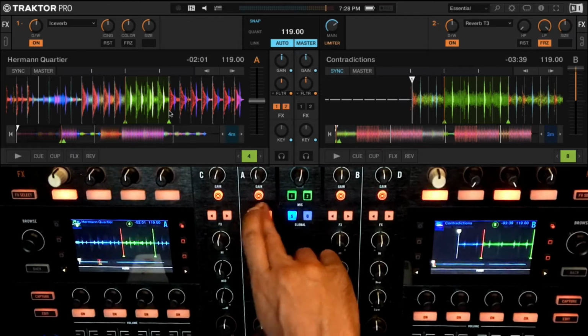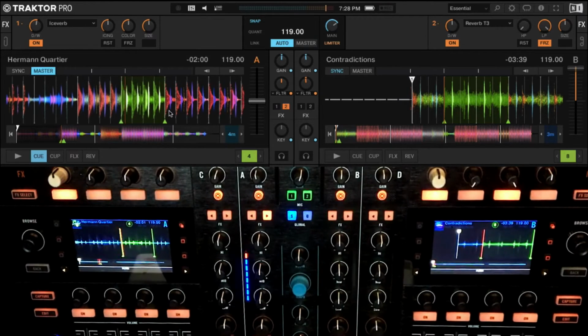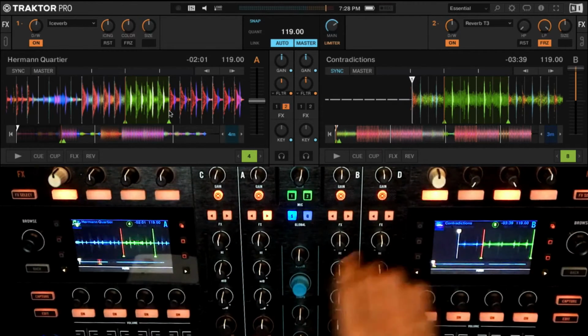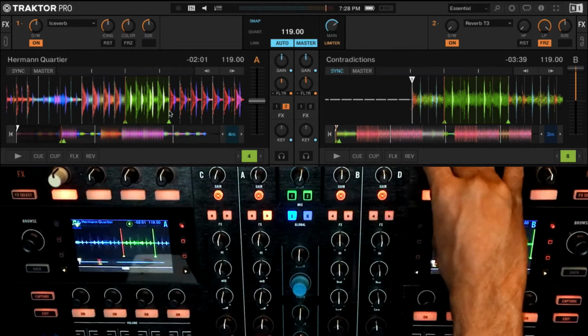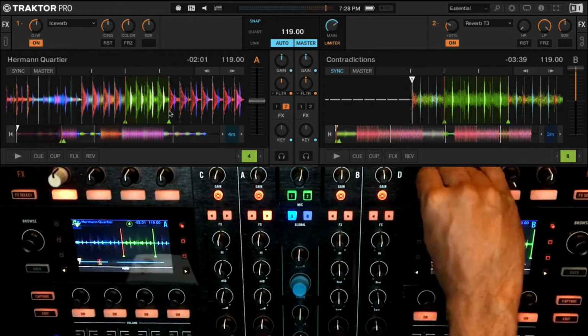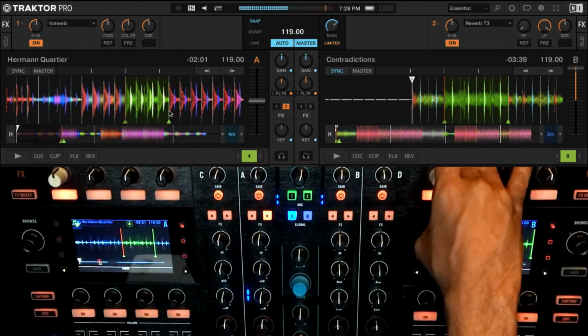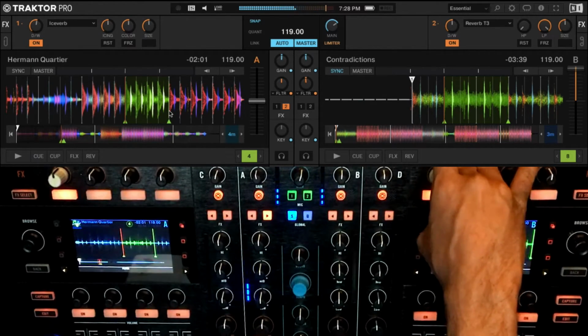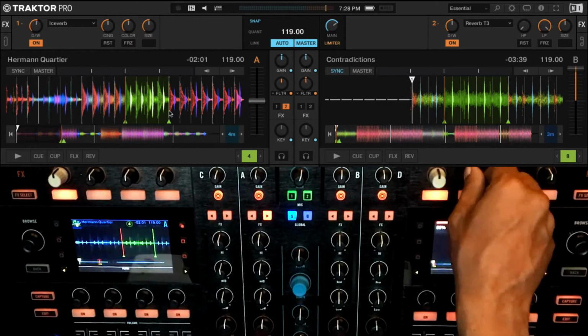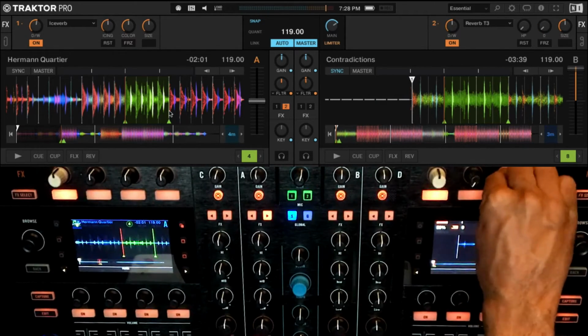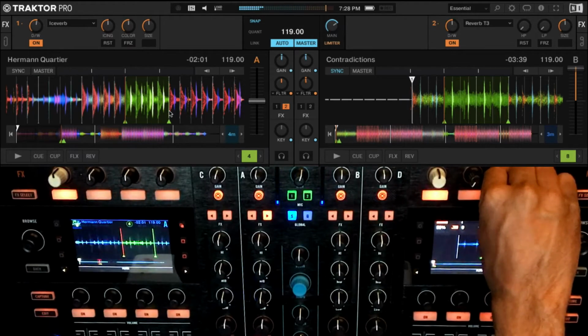Let me just check that I've got everything right on this one. I have got my freeze on, sorry. Okay. Now this is what I have here, but the reverb is unfiltered literally because I have completely shut off the high pass, opened the low pass. Otherwise this is what it would be like.